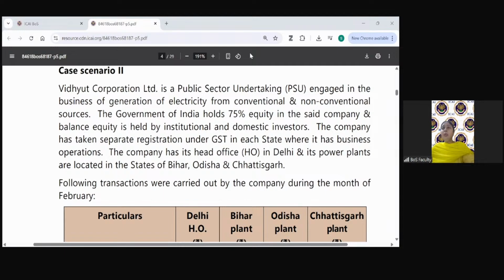Now in case scenario 2, it has some very important concepts, core provisions or substantive law of GST, that is the charge of GST, reverse charge provisions are being tested, value of GST, then TDS provisions will be tested. So this question requires the understanding of the core provisions for answering the MCQs. So let us read. Oh, sorry, I think I had stopped sharing.